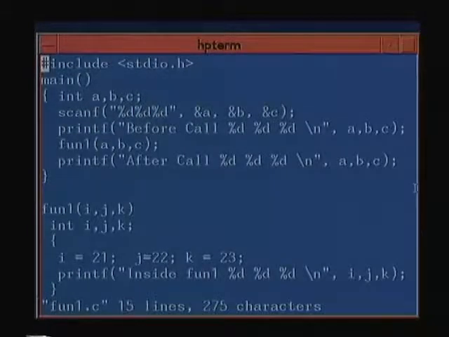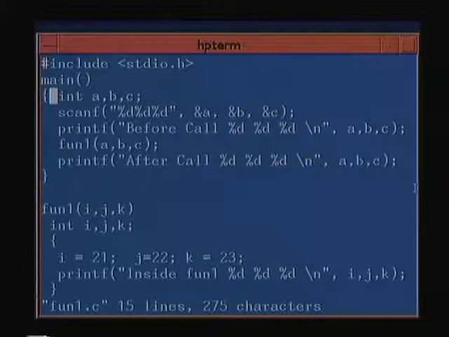So here I have got a main program which ends here, and I have got a function called fun1 which ends here. And now what do I do in the main program?